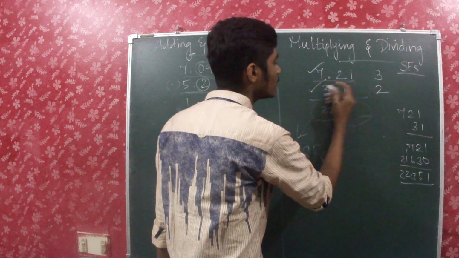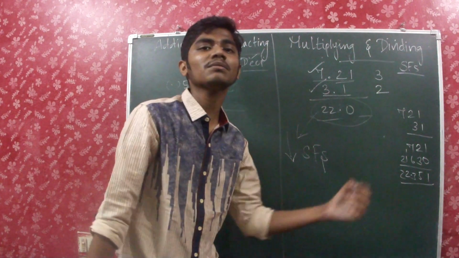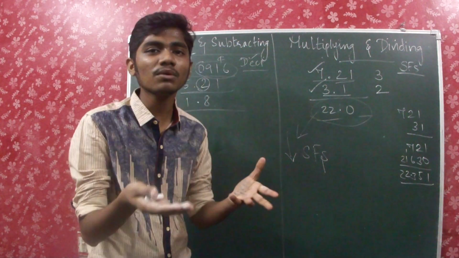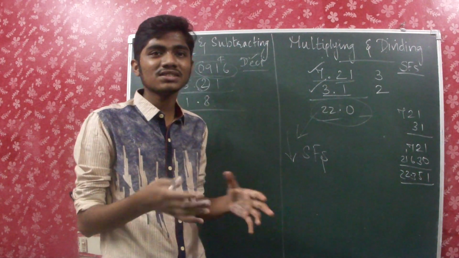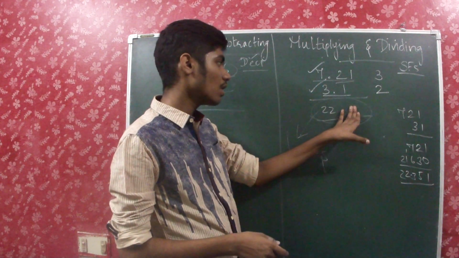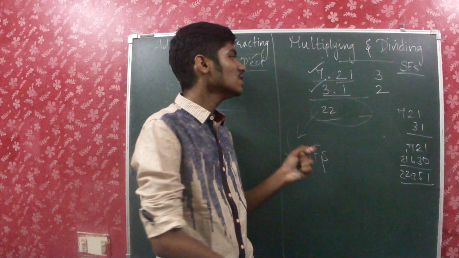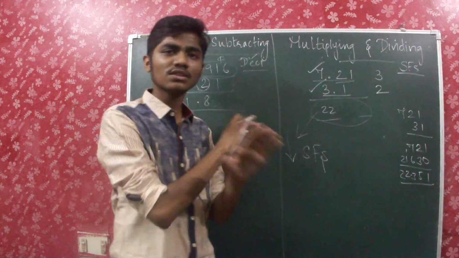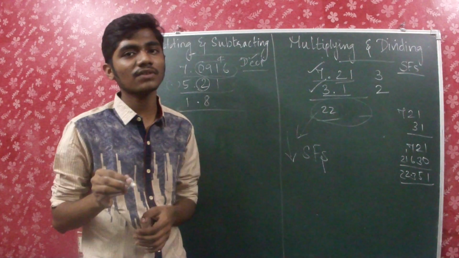So how can I do that? I have to make it 22. That's it. If you write 22.0, it seems harmless, but then it becomes 3 significant figures and your answer goes wrong. So you must be very careful that you write to the least number of significant figures. Here there is 2, so you have to round off your answer to 22. That's all. Don't think of 22.0, because then it becomes 3 significant figures.